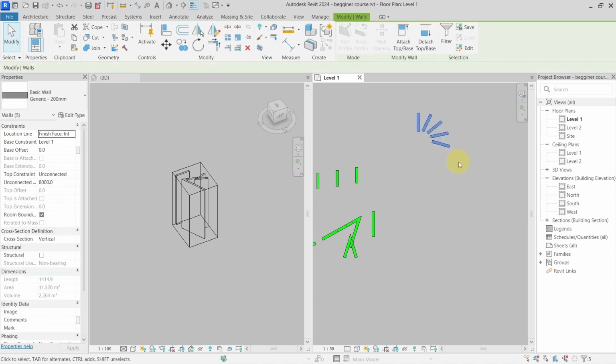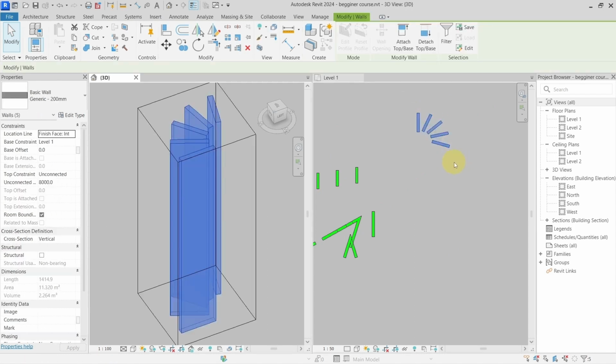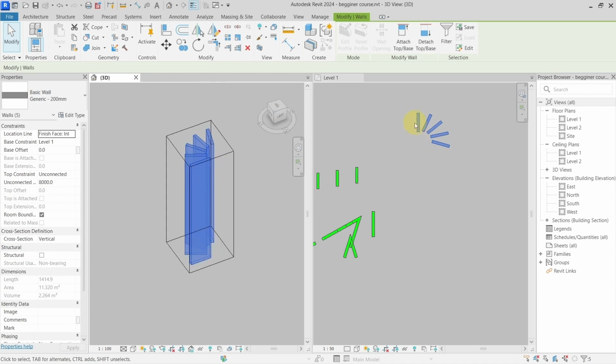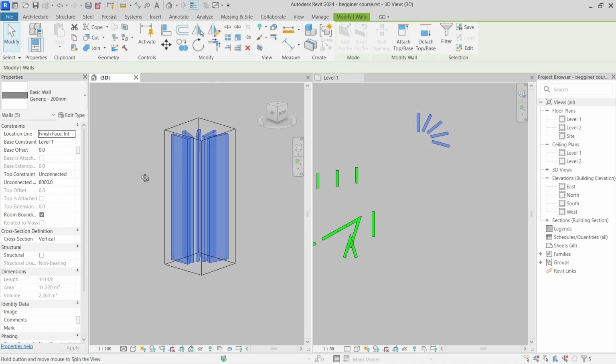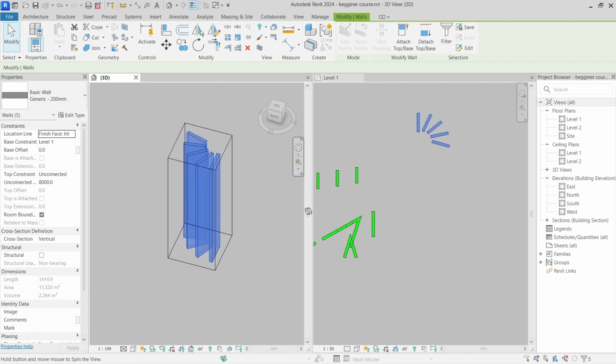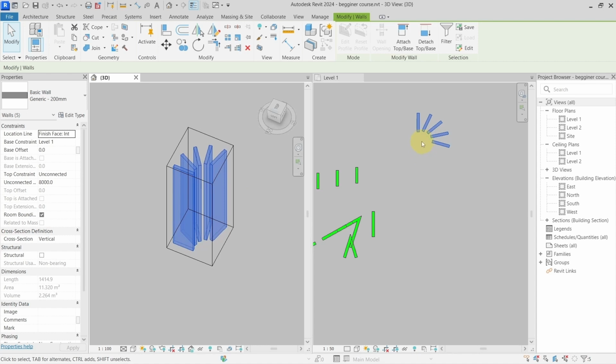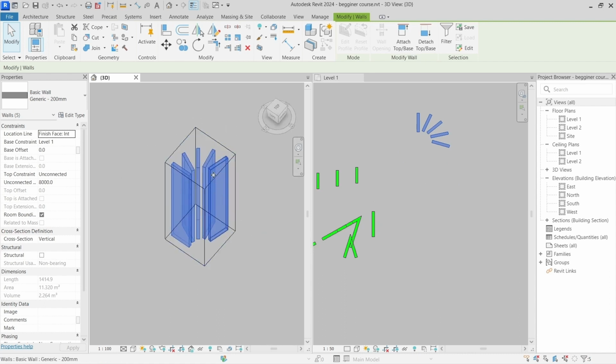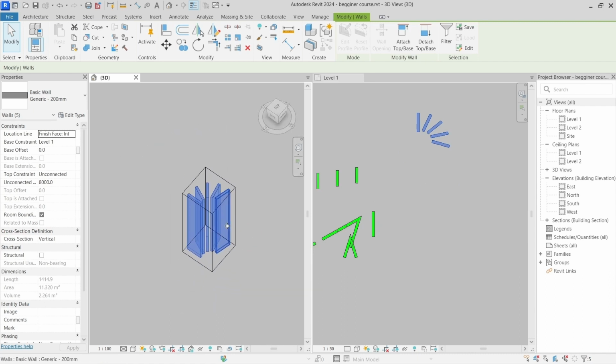But if I select them and press my BX shortcut, you can see that it automatically created a 3D view around the selected elements. And this way I am able to find them more easily in the project. This shortcut is super useful when you are working in a project, because when you have large projects and many things inside of the 3D view, this way you can easily find them and only concentrate on what you actually need to see